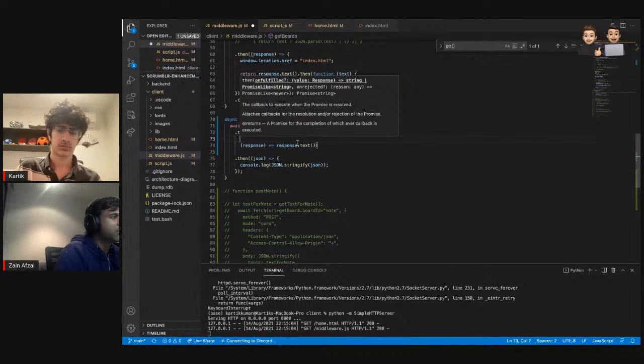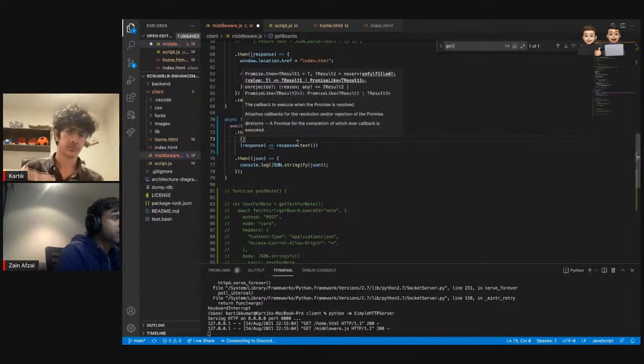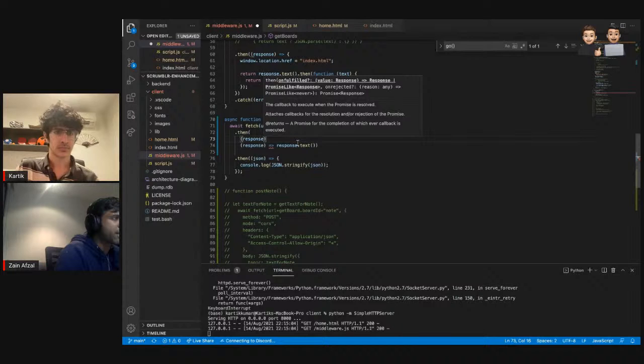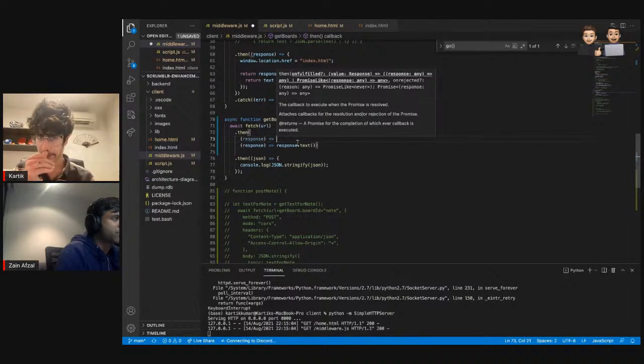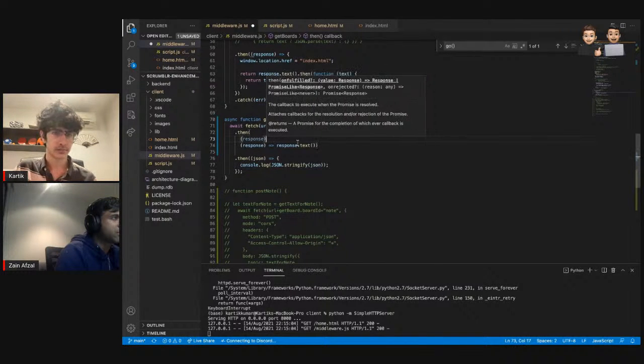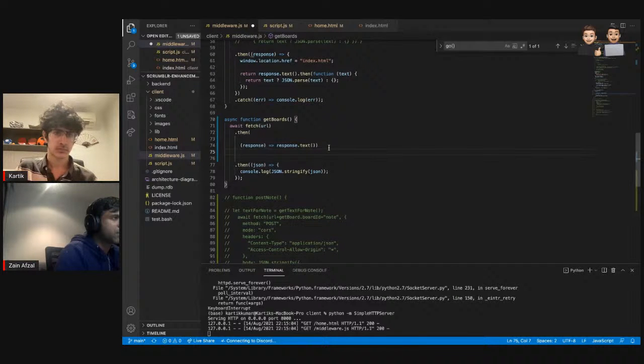I don't think I can write it like this. No, you can't, because that's actually an arrow function. You would have to write it after the response.text. Okay. In the brackets, do I write comma or what do you write?